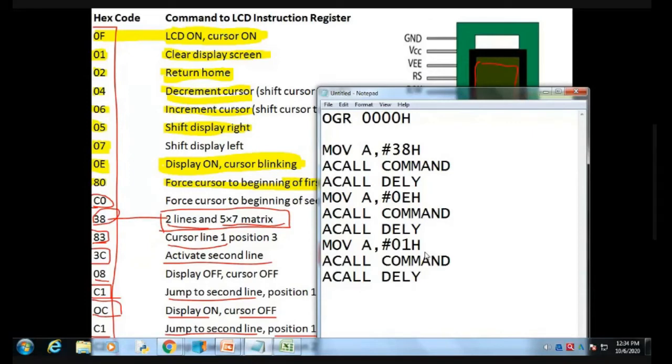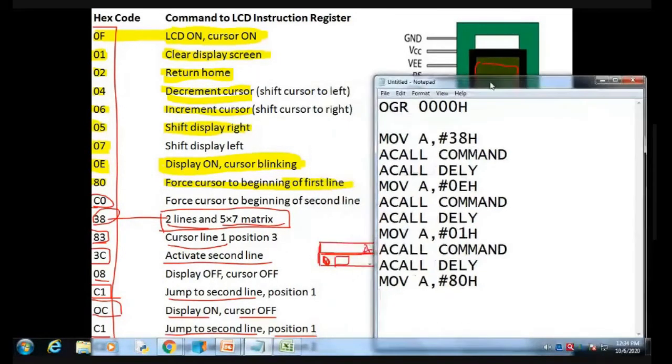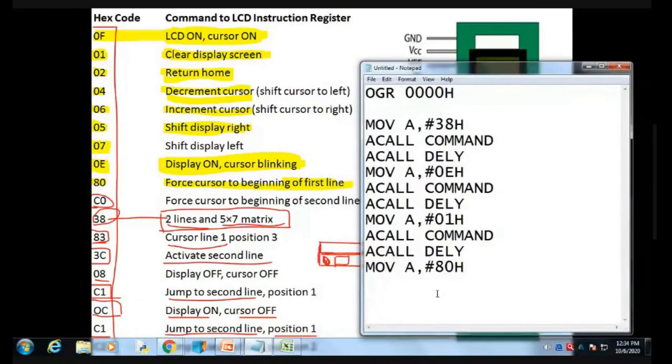Then the next command we have to consider is MOV A, #80h. What do you mean by 80h? 80h is nothing but we are going to write a data at the first line.